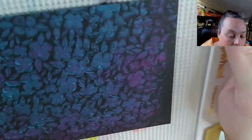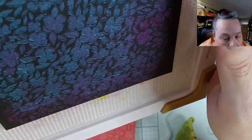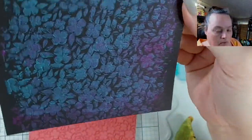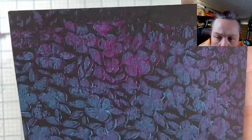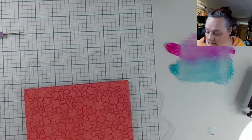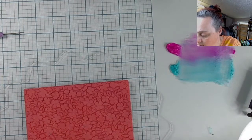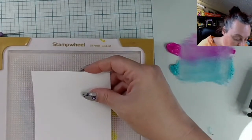But yeah, look at that. I did double stamp it on accident, but I think I turned the top part of the stamp around. But you could plop something right over that. It's still going to be really pretty. You can mix it up and do all sorts of fun things. It's definitely going to work better for things that are kind of big and bold like this. Let's go ahead and do another one on some white paper, so you can just see the differences. The thinner it is, the quicker it is going to be to